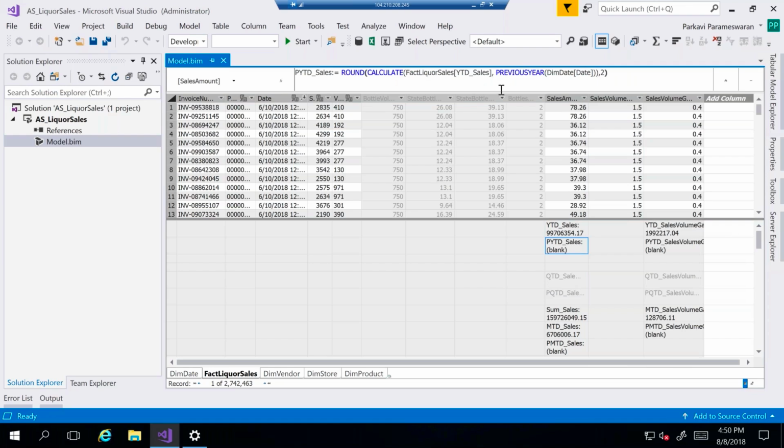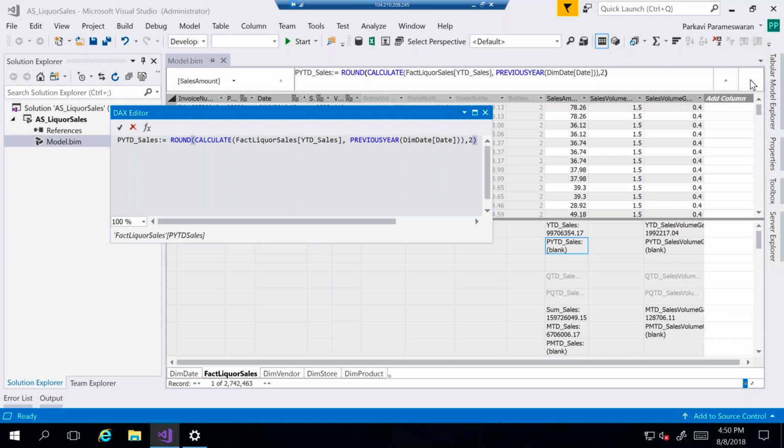These can get really, really complex, so sometimes they're hard to read in this little window. There's a little ellipsis you can click on to pull that out. This little DAX editor is really handy for writing those. You get some context help as you're writing your DAX expressions. It'll help validate them. If you have a syntax problem, it'll put a little red underline under what's wrong. So it really helps walk you through creating some pretty powerful expressions in here. And again, Analysis Services will pre-calculate and store these expressions in memory, in the tabular model.